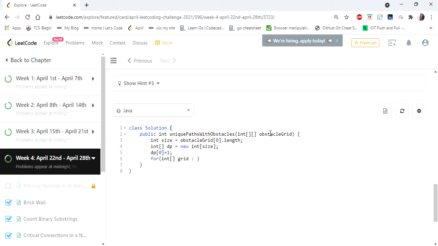So we are going to iterate each row and the values at each cell, and I'm checking if my grid's value is 1. In that case there is a blockage, so I'm going to fill the DP value as 0, as there is no possibility of moving to that cell.